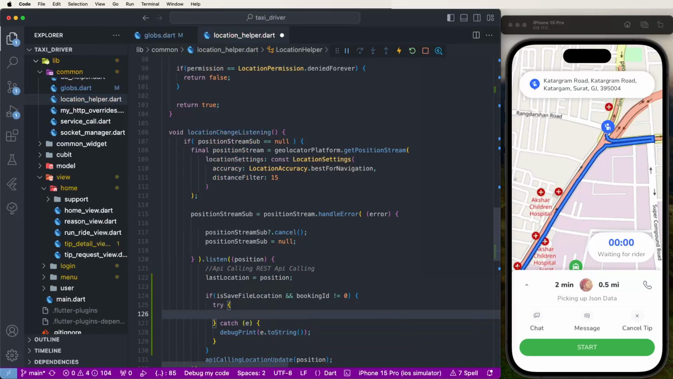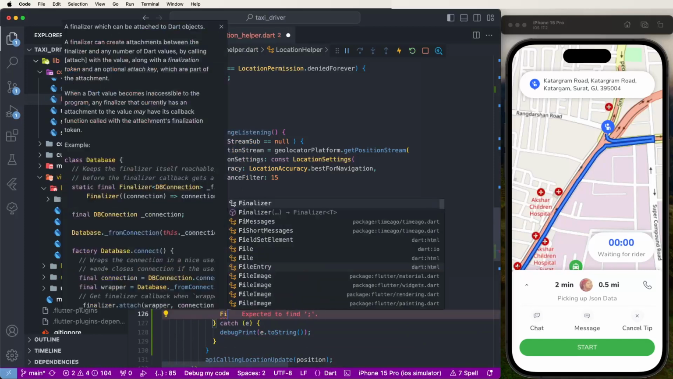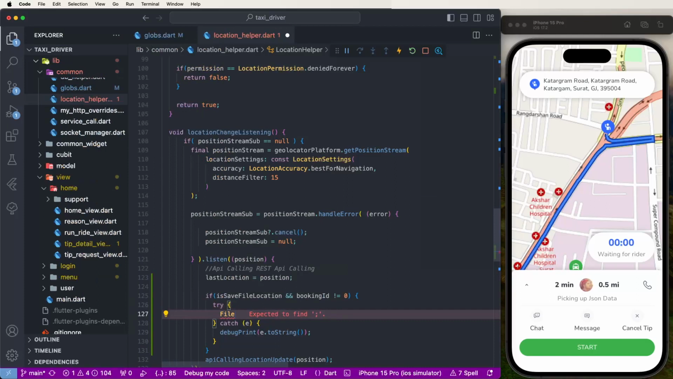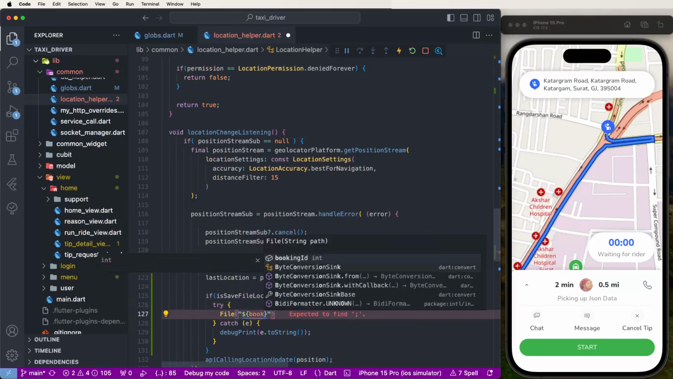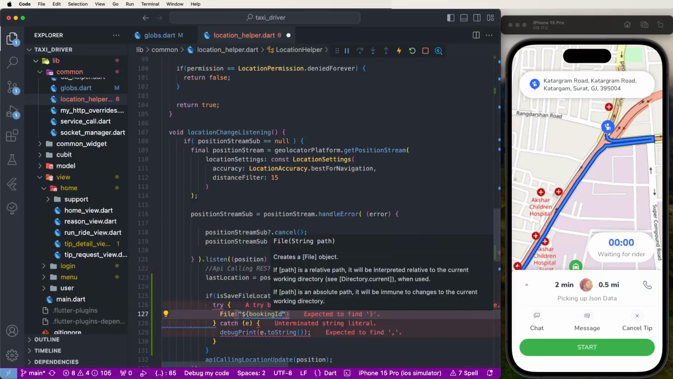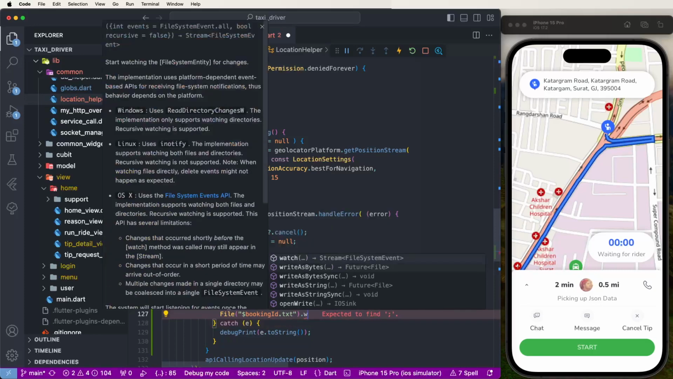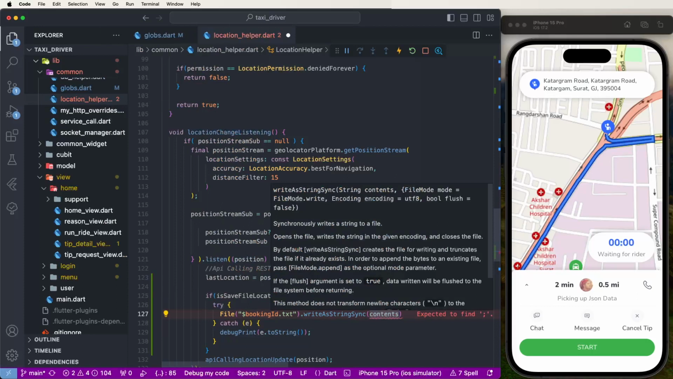And then we write the file, call File, and give the name of the file: dollar booking id, no need for curly brackets, then dot txt, and get the file object. Then write with sync, please make sure, otherwise the content will mismatch. That's why we always use sync, and write as a string. Always append